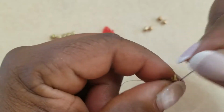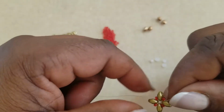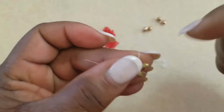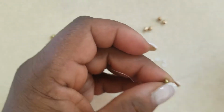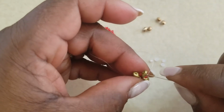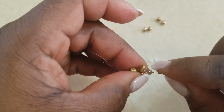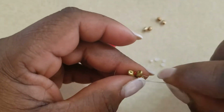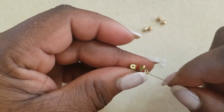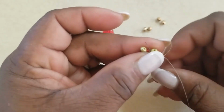And when you think that you are secure enough, you can exit just a SuperDuo. Now I'm going to exit this SuperDuo here, just a SuperDuo, and I'm going to